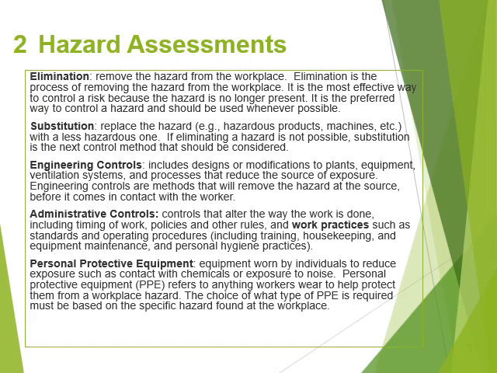Engineering controls include design or modifications to plants, equipment, ventilation systems, and processes that reduce the source of the exposure. Engineering controls are methods that will remove the hazard at the source before it comes in contact with the worker. They can be built into the design of a plant, equipment, or process to minimize the hazard. Engineering controls are a very reliable way to control work exposures as long as the controls are designed, used, and